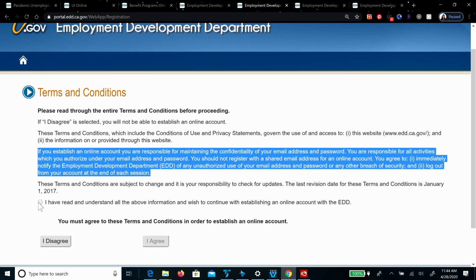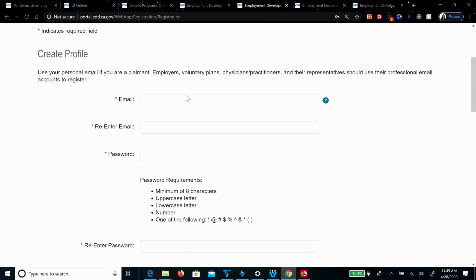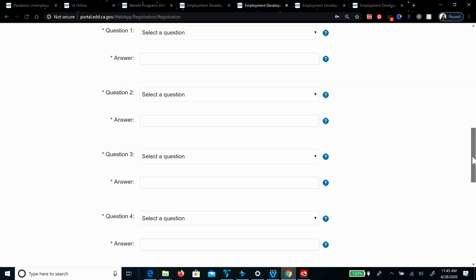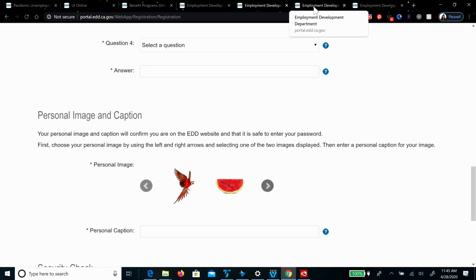actually, I'm going to go to this so you can go ahead and see it. When you set up your profile, it will ask you a few things that are really important, such as your email and your password. Set it up, re-enter it, and then it has 4 security questions for you to go ahead and answer. Go ahead and establish those, and then it does give you a personal image or caption. These are kind of fun because they give you all different types of pictures. So you can go ahead and pick whichever you like, plus your personal caption. Okay, security check. And then you go next. After you have done that,